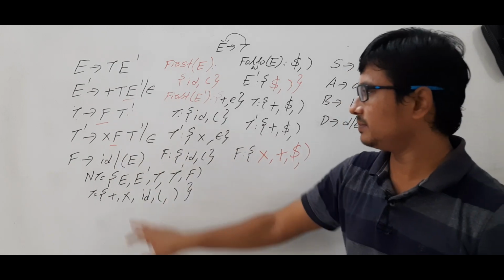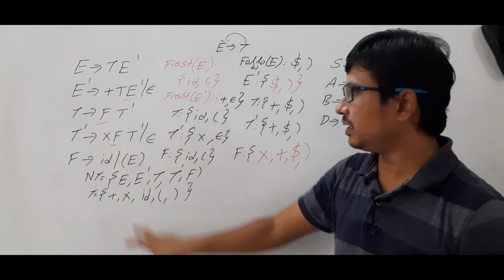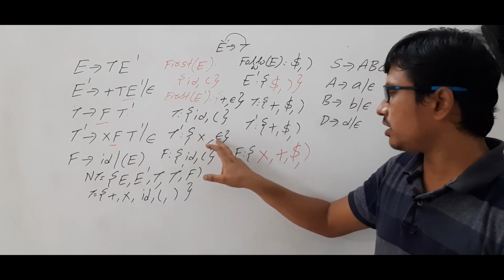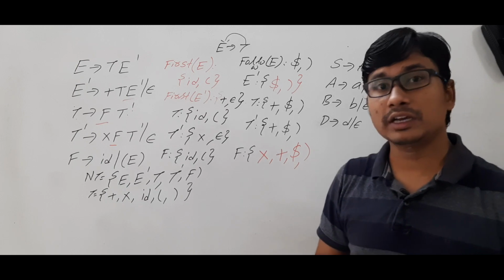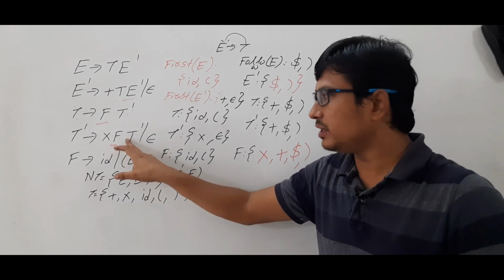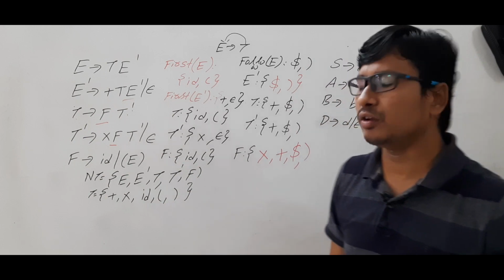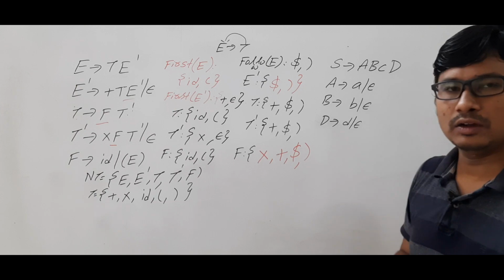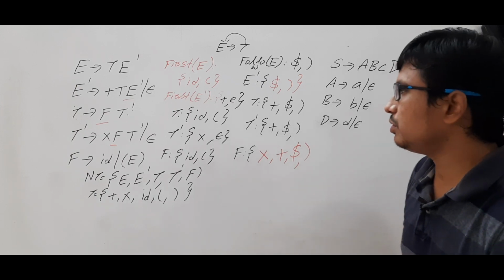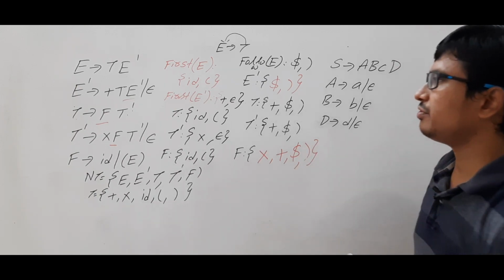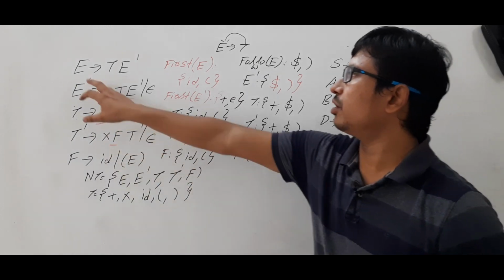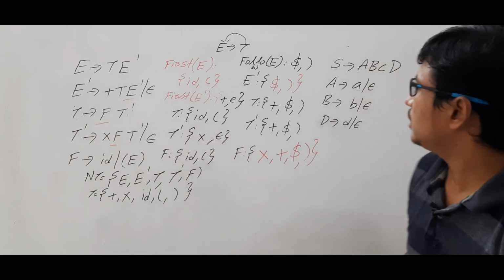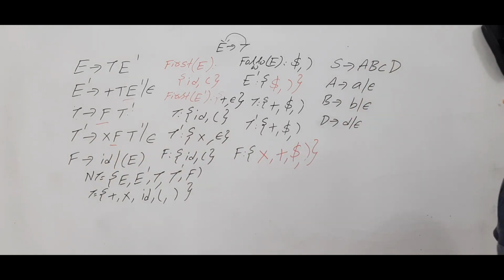Now look at this production. Follow of F is equal to first of T dash. First of T dash consists of star and epsilon. Already I kept the star and I should not keep the epsilon. So if I keep epsilon here, follow of F is equal to follow of T dash. Follow of T dash is equal to plus, dollar and close braces. Already it is there. So this is the follow of F. So we got the follow of E, E dash, T, T dash and F. Is it clear? Now let me discuss another example for better understanding.